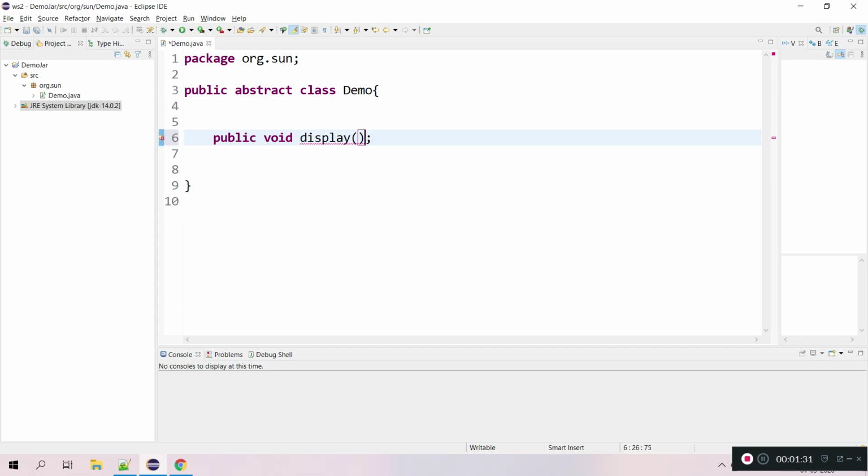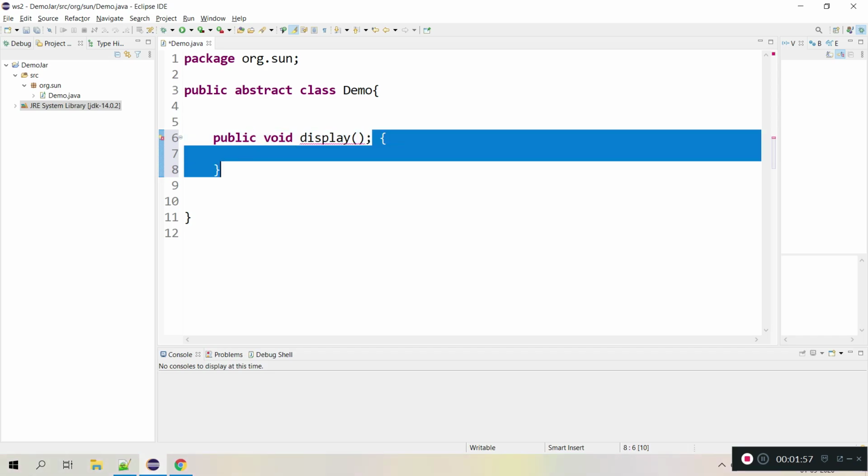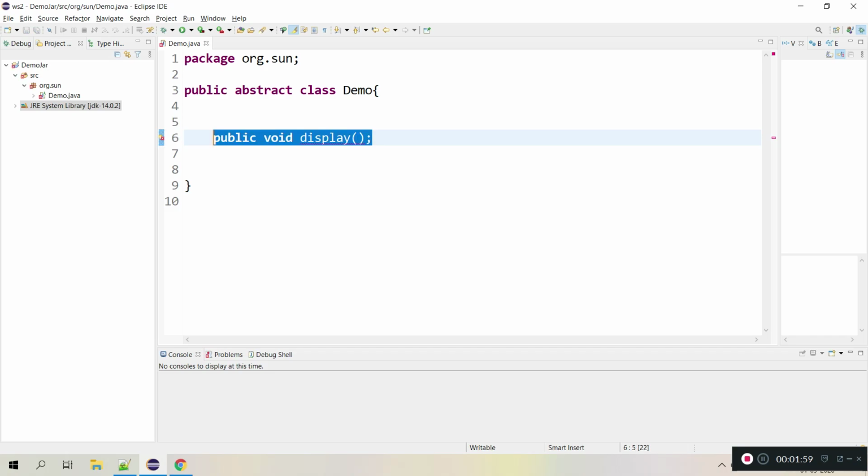I'm not going to implement it in my class because this method's behavior will change in every extended class. In child classes this method is going to be different. So I am not going to give any body, and simply write a semicolon here. This is an abstract method, not an implemented method.